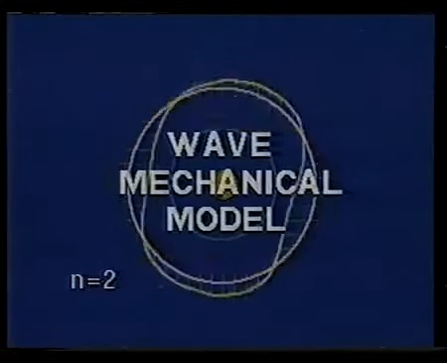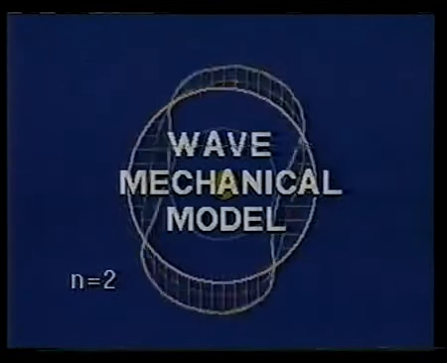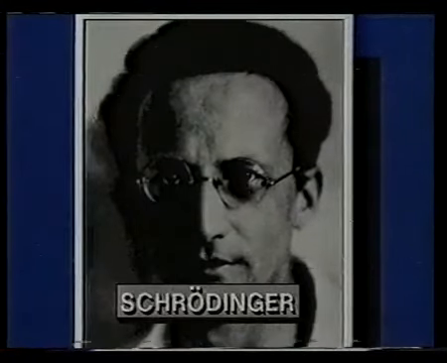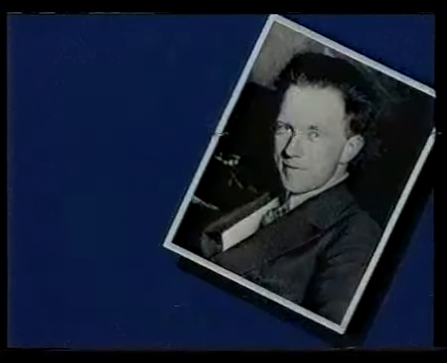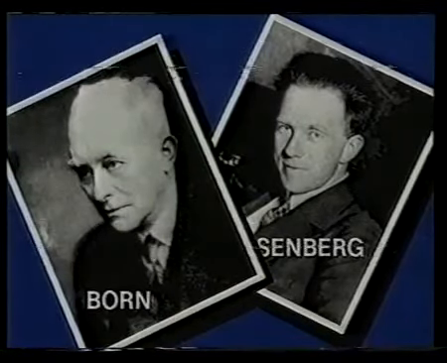This wave mechanical concept resulted in a new vision of the atom, which replaced Bohr's. It was Austrian physicist Erwin Schrödinger who first visualized the concept. He proposed an atom with a positively charged nucleus surrounded by a spherical cloud of electron waves. Werner Heisenberg, working with Max Born in Germany, arrived at the same model of the hydrogen atom as Schrödinger, but on the basis of different physical assumptions and using different mathematics.